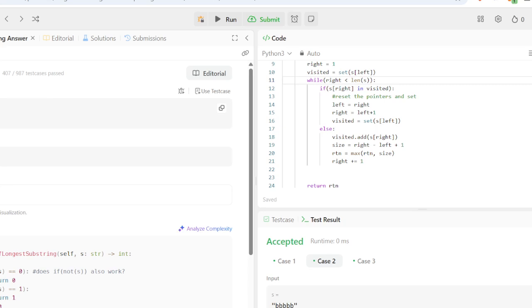We need to move L until we move past the letter that was a duplicate, I think. So what would that look like in BBBBB, right?